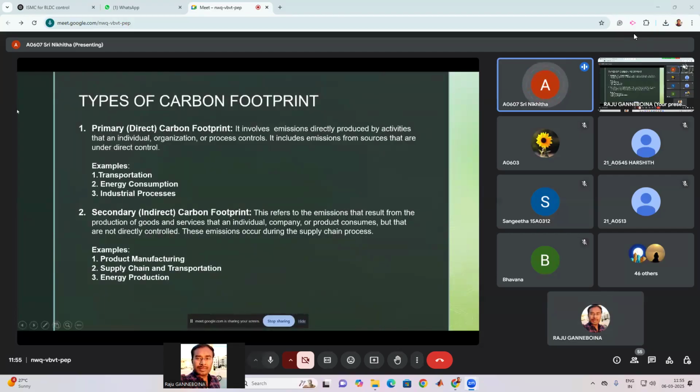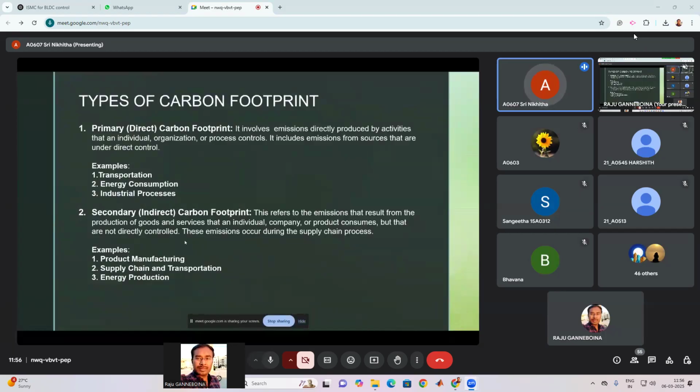And the next one is secondary carbon footprint. This is an indirect carbon footprint, which refers to emissions that result from the production of goods and services that an individual, company, or product consumes, but that are not directly controlled. These emissions occur during the supply chain processes, and examples of this carbon footprint include product manufacturing, supply chain, and